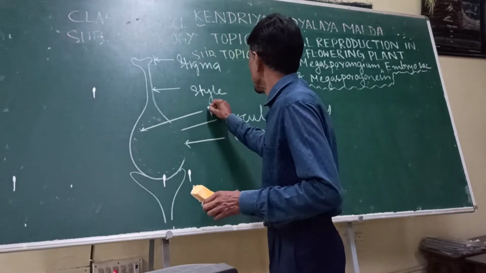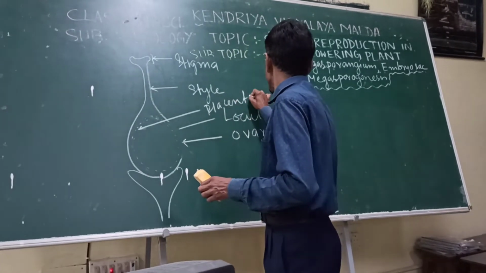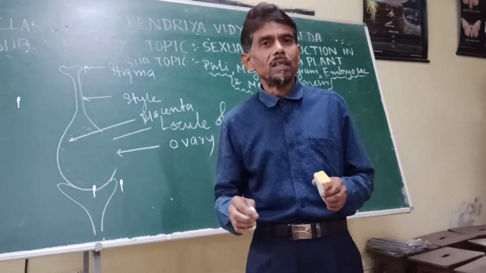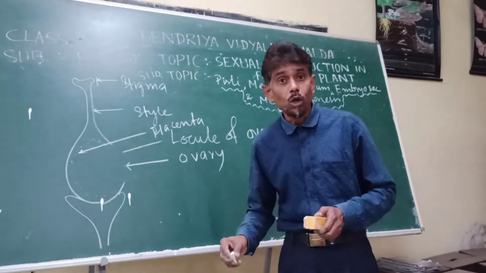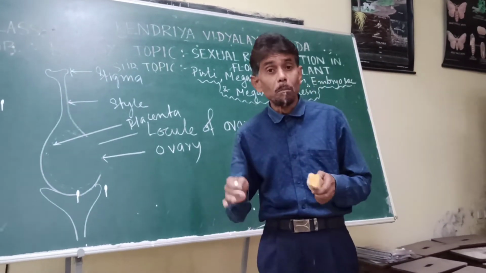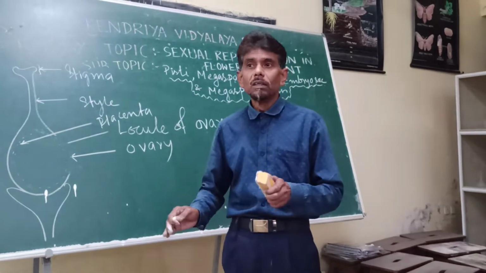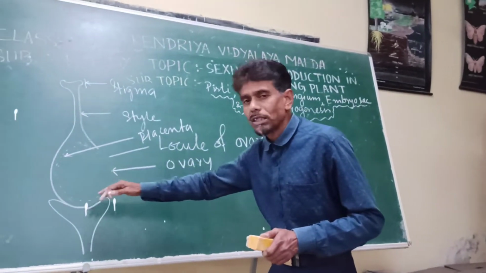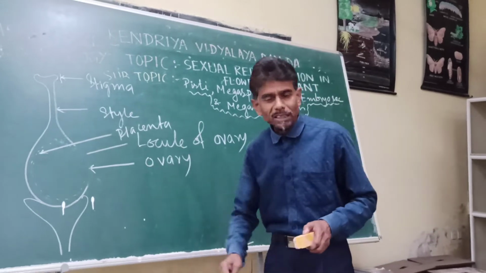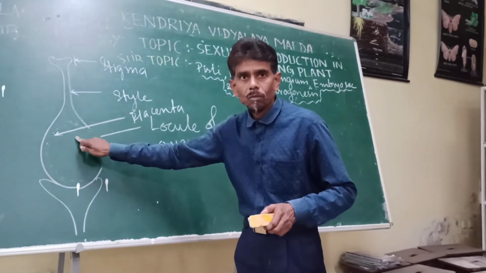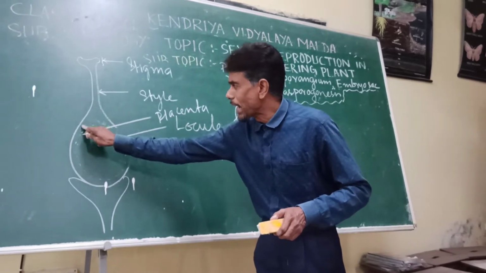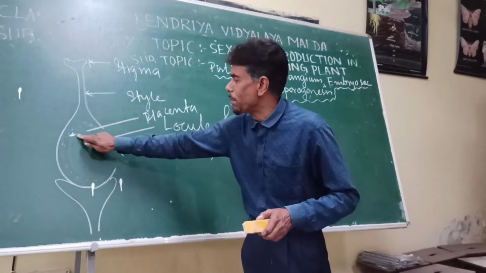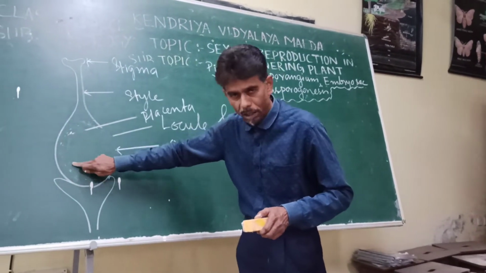In your class 11th standard you have read that, based on the type of attachment, there are different types of placentation: basal, free central, marginal, parietal, superficial. You have read these in the previous class. We are now going to discuss something in more detail about the placenta. The placenta is the attachment through which the contents inside remain attached within the ovary.